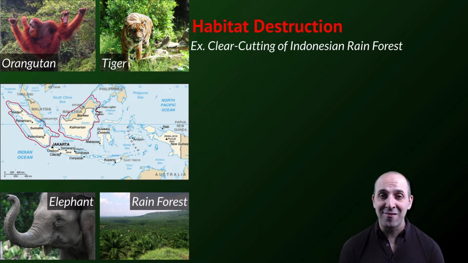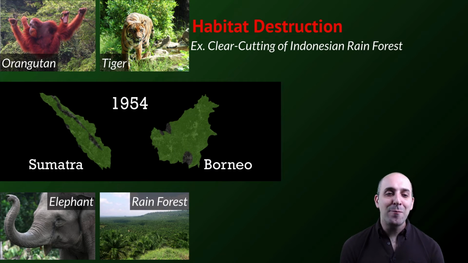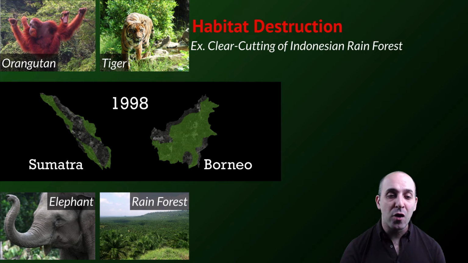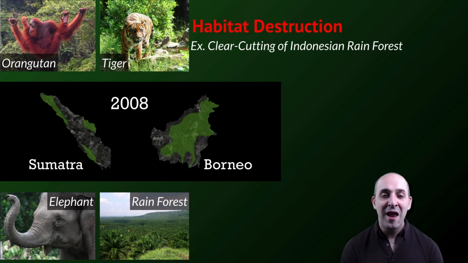Not just insects in this case, but large charismatic species that are generally appreciated by most humans on the planet. Organisms like orangutans, tigers, and elephants. We can see what has happened to the rainforests of the large Indonesian islands of Sumatra and Borneo over the last 50 years. And in both instances, the amount of rainforest present on those islands has dramatically decreased, which has had tremendous effects on the populations of these organisms and all of the other organisms that live in that rainforest